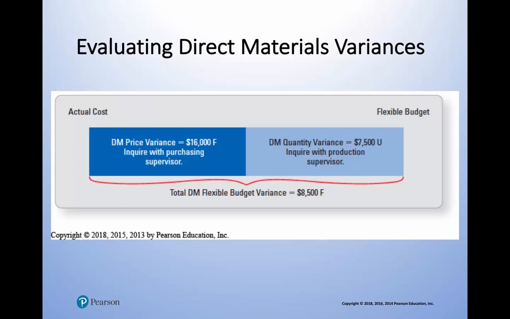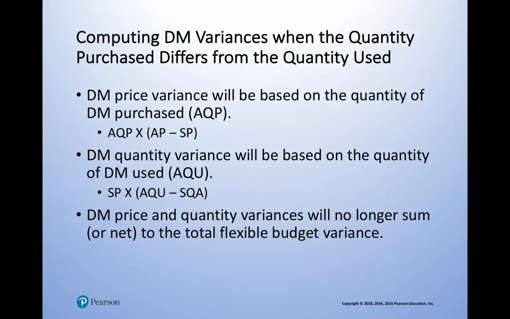So you have our total variance there, 8,500 favorable, and that's because when we add our two variances together, the ending number is still 8,500 and it's still negative, so it retains that same sign. If it's negative, it's favorable. If it's positive, it's unfavorable. There are times, and I did mention this quickly, where the quantity used differs from the quantity purchased. So if that's the case,